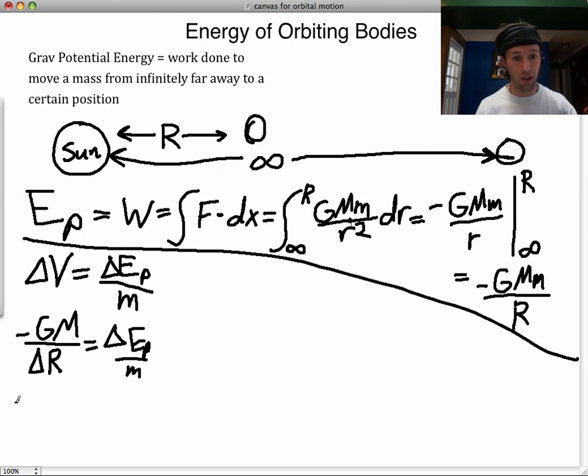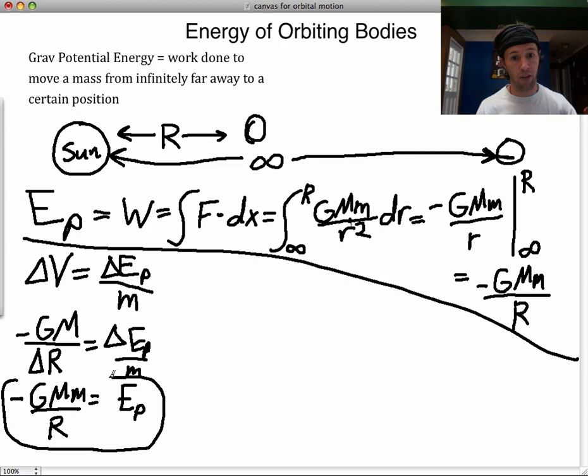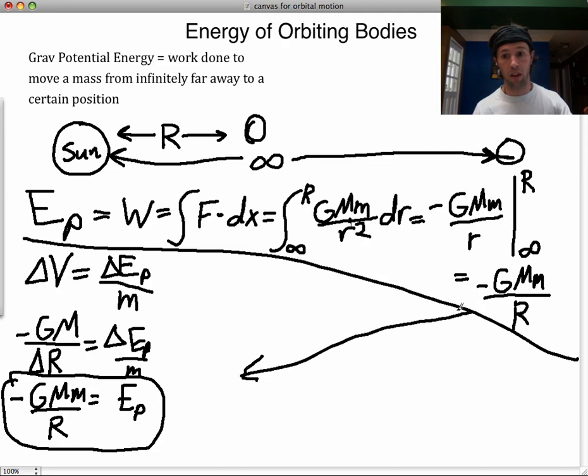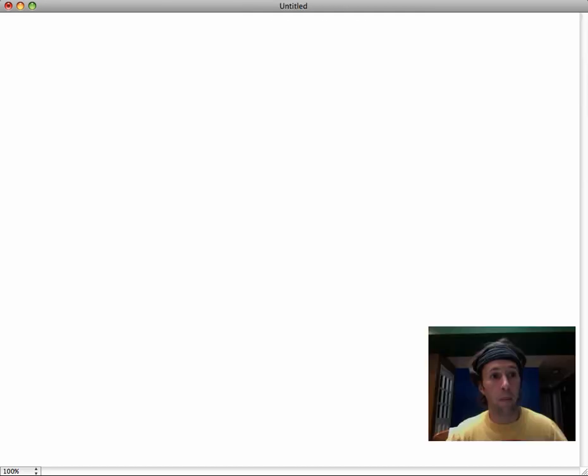And then if you rearrange this, and let's just change this to an absolute value for gravitational potential energy, we get this equation here, which is our final derived value for gravitational potential energy, and it's the same as this one over here. So if we accept that potential energy is equal to a negative value,